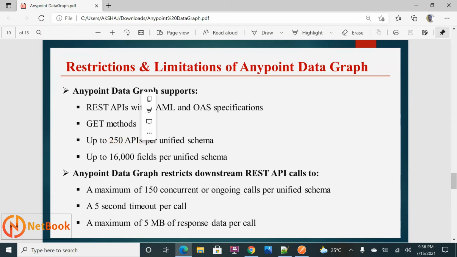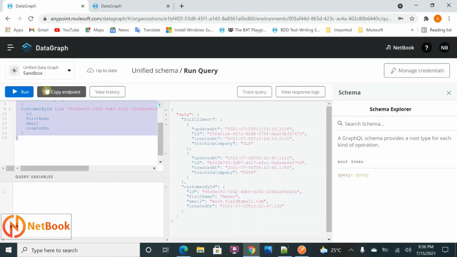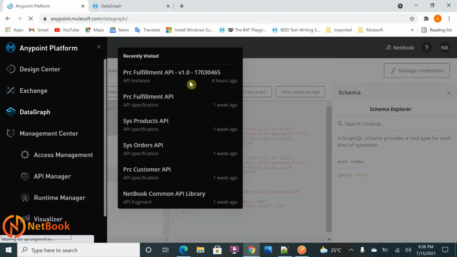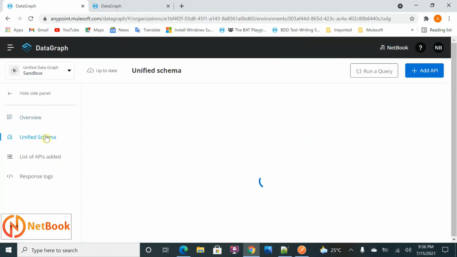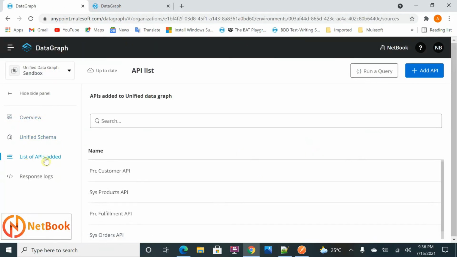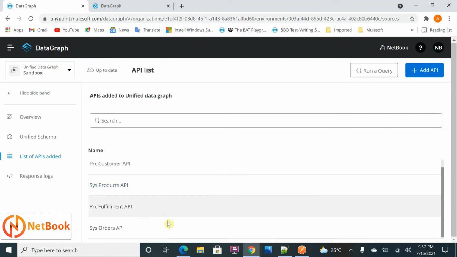In Anypoint Data Graph, you can add up to 250 APIs per unified schema. That means if I go back over here to Anypoint Data Graph, unified schema, this is the list of APIs added. I have 4 APIs added now, and you can add up to 250 APIs.